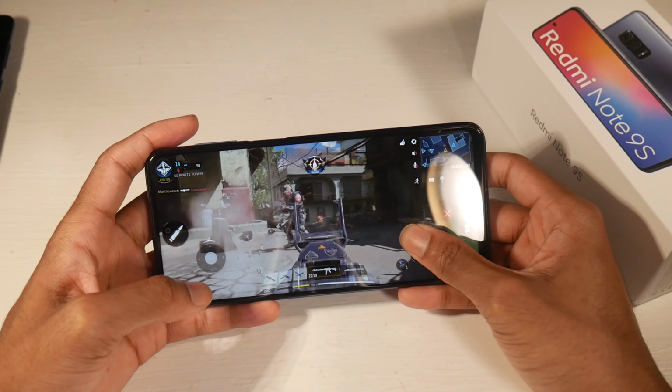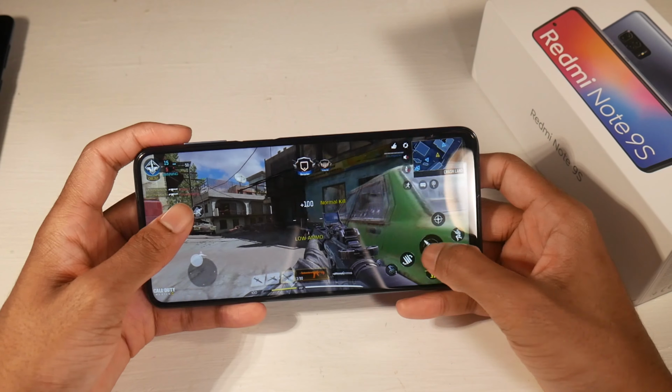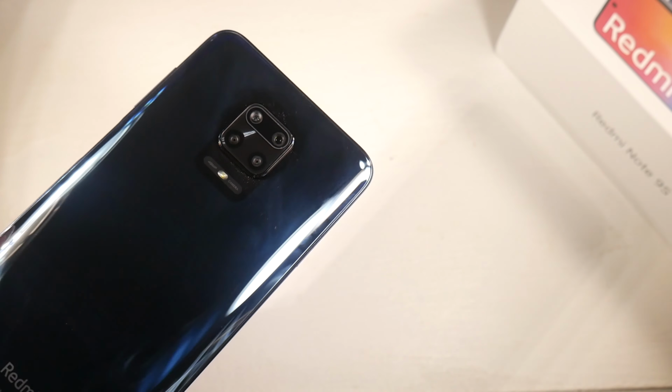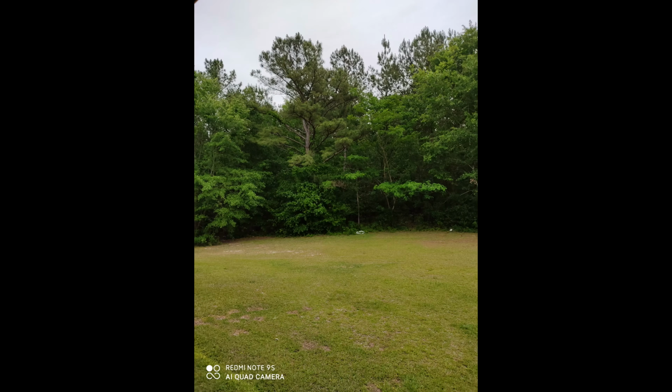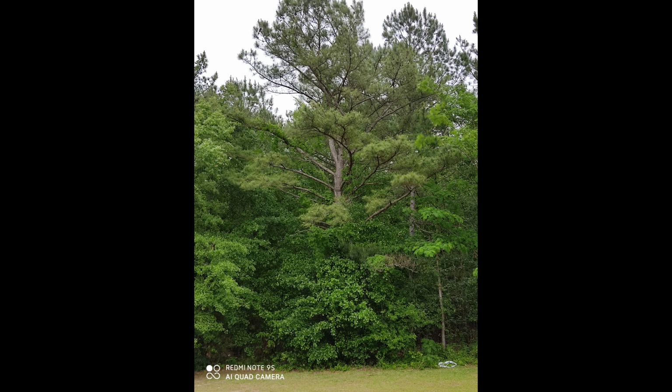Now for the camera setup, you have a quad camera setup. It's a 48 megapixel wide, 8 megapixel ultra wide, 5 megapixel macro camera, and a 2 megapixel depth sensor. It shoots in 4K 30 FPS, and then the front facing camera is 16 megapixels, shoots in 1080p 30 FPS. And as you can see from these stills, it's a pretty decent camera. I'm not sure if it's better than the Note 8 Pro. Like I said, we're just gonna have to wait to see in that comparison, but